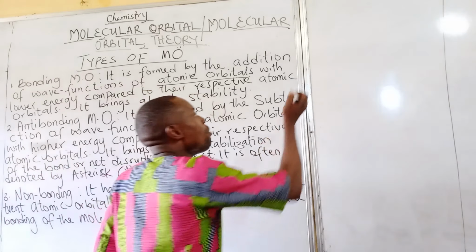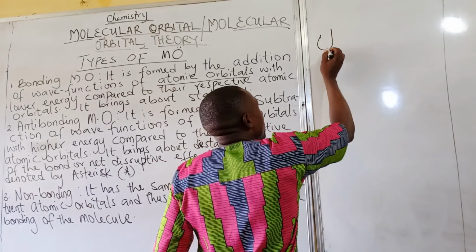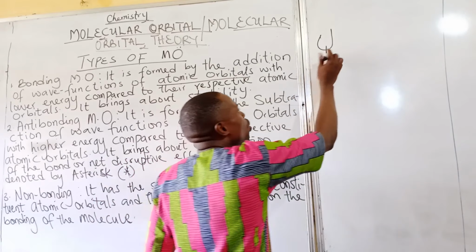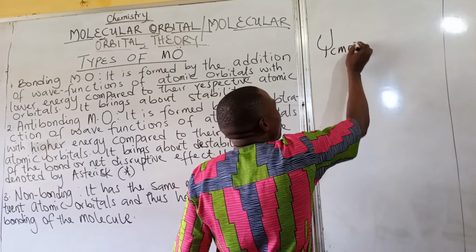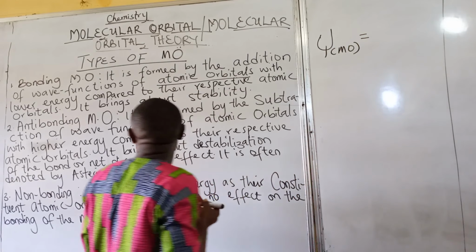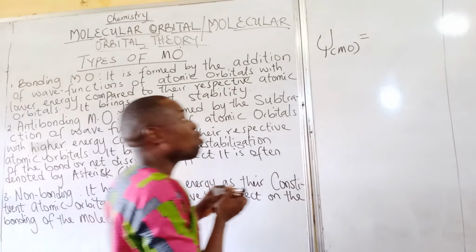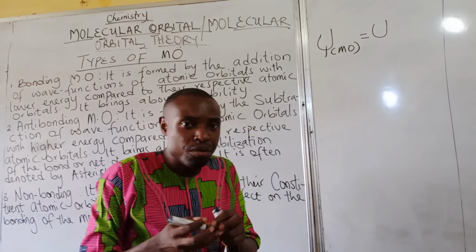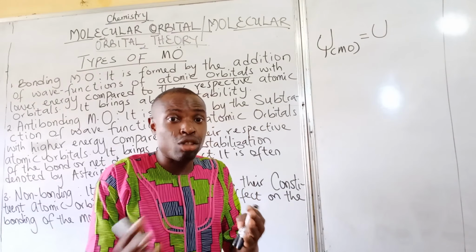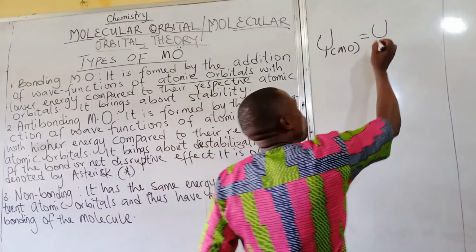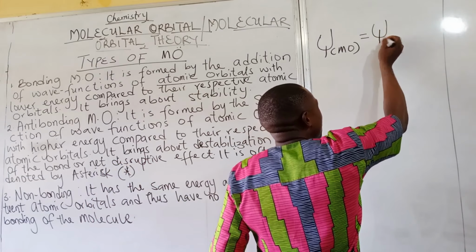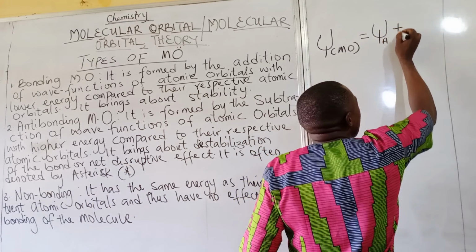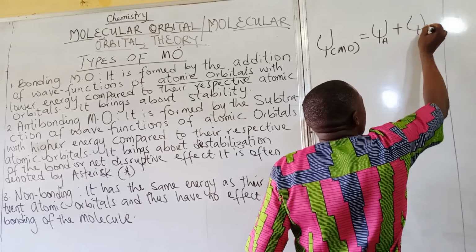For example, wave function is represented with this symbol. So the wave function of the bonding molecular orbital is equal to the wave function, if I'm working with two atoms, of the atomic orbital of A plus that of